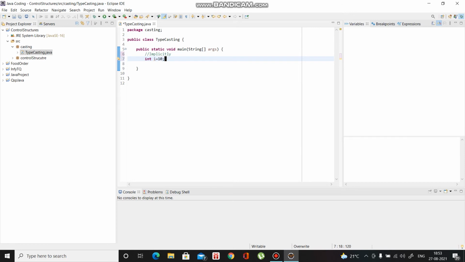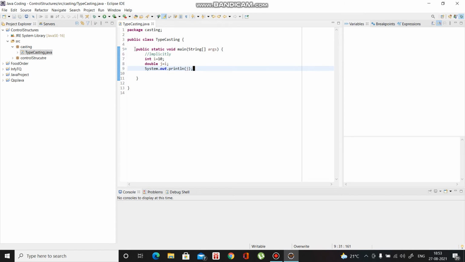Next, we need to take a higher data type, like after int there is double. double j is equal to i, semicolon. Now we are going to print it. Sysout is a shortcut, Control Space. Let's print j. Control S to save it. Now I am running it.